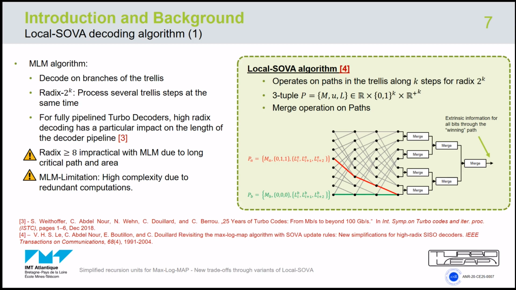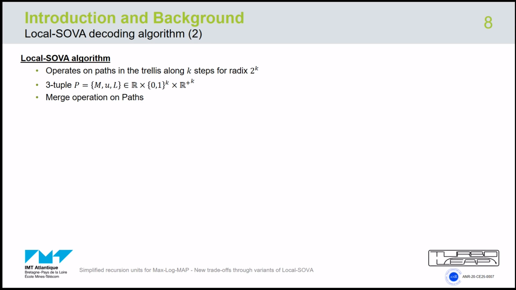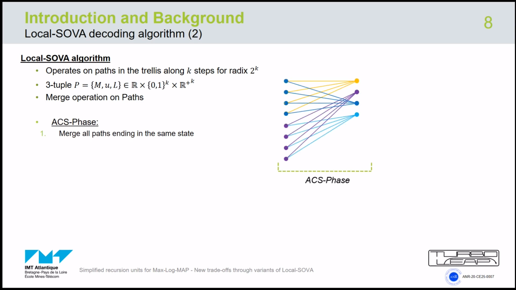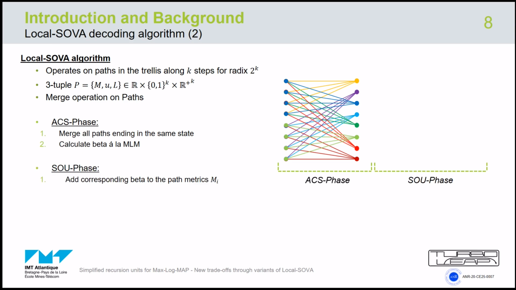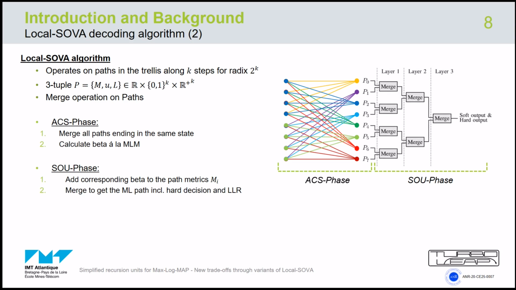The local-SOVA algorithm can then be summarized like this. The path merges happen in two phases. First, all paths ending in the same states are merged together in the ACS phase. These merges resemble the calculation of the forward metrics, which is why here we additionally calculate the backward metrics identical to the MaxLogMap. In the second phase, the SOU phase, we add the backward metrics to the path metrics and